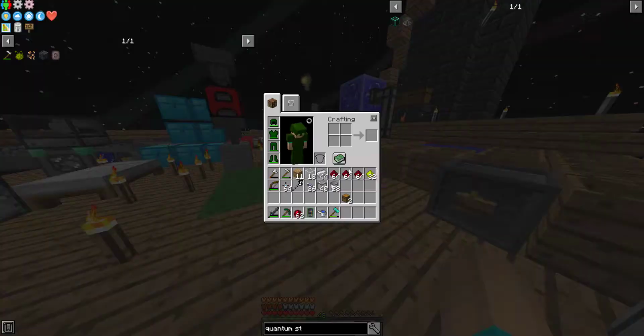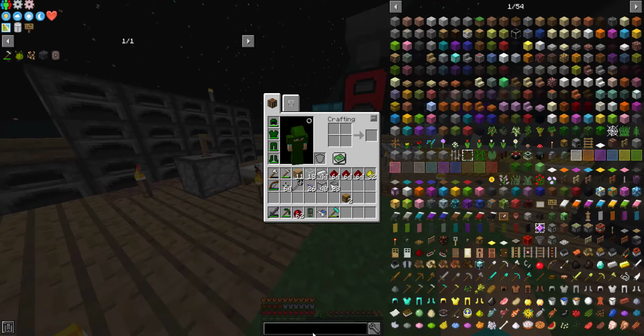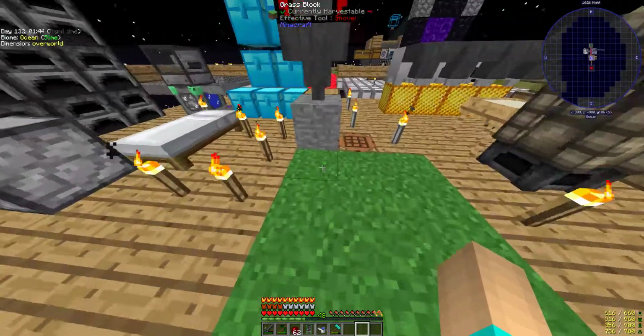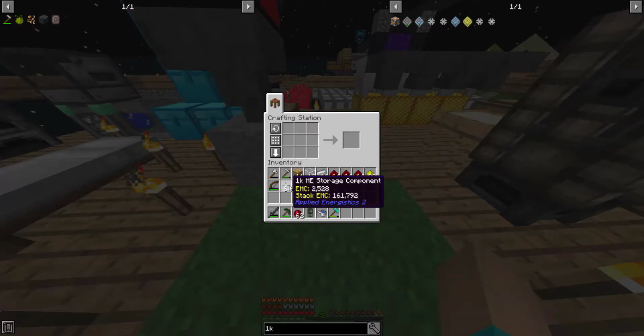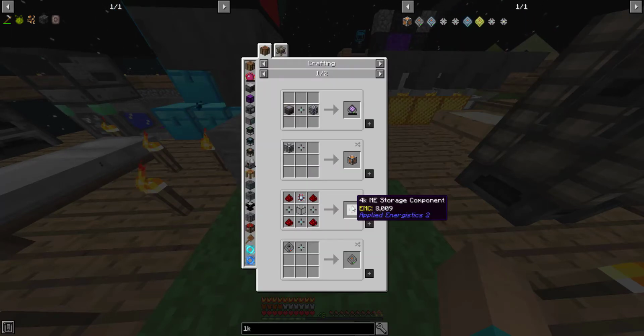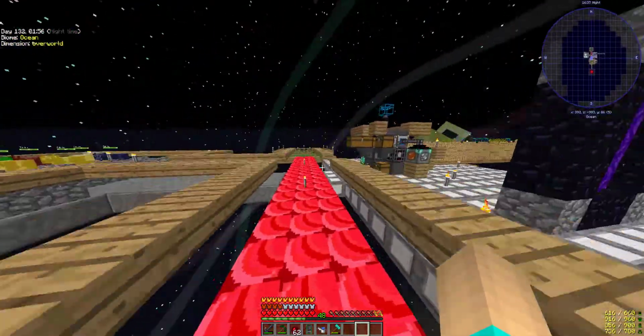Today, we're finally going to do it. We're going to make some storage for our ME system. I'm so excited. So if you see, we got the 1K. We're going to maximize our storage as much as we can with a stack of 1K, which I think is very fitting. So, first thing we're going to need is the redstone, the quartz glass I already have, and I'm